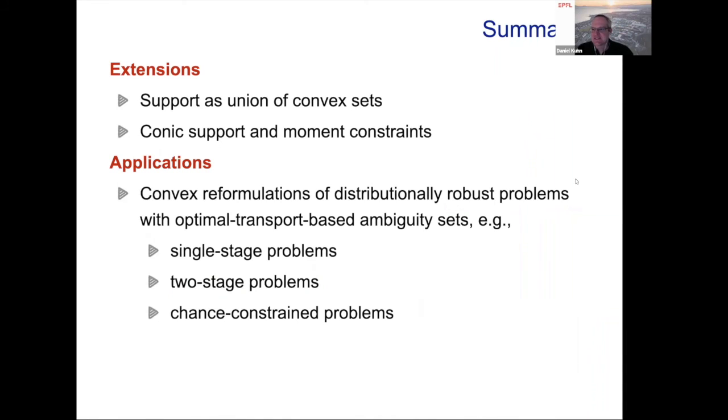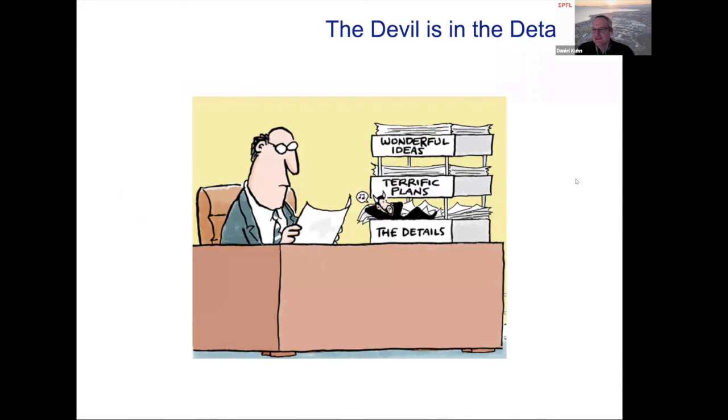We have also seen that the results on uncertainty quantification problems have made several extensions that make our duality results and convex reformulation techniques very general. As an application of these general techniques, we derived explicit convex reformulations for distributionally robust optimization problems with optimal transport-based ambiguity sets. And as our results hold for piecewise concave objective functions, they can be applied in the context of single as well as two-stage distributionally robust optimization, or also in the context of distributionally robust chance constraint programming, just as examples.